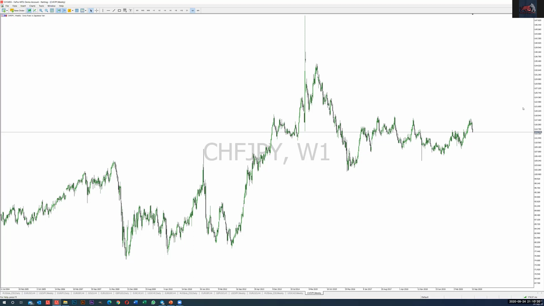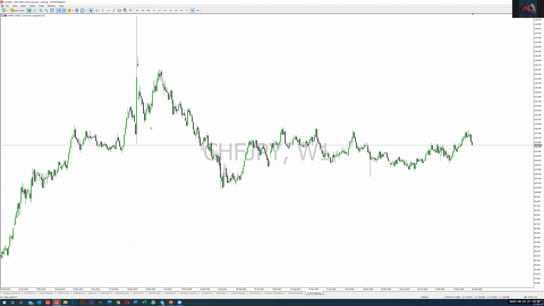So I'm going to illustrate to you how you can draw your zones correctly to the pip, right? The supply zone that you marked on CHF-JPY is correct. But now, in the future, when I give an assignment to highlight this supply zone, or highlight this demand zone, the first thing that you need to do, when you go